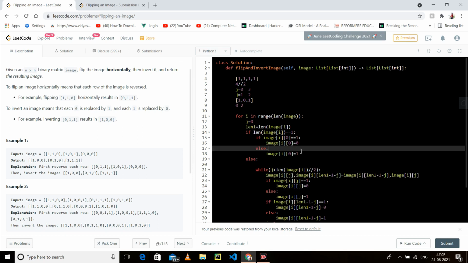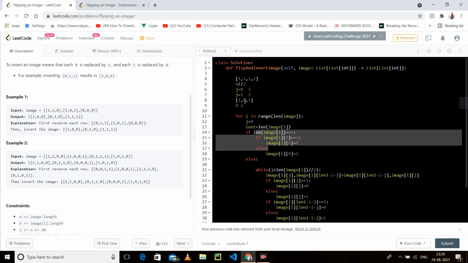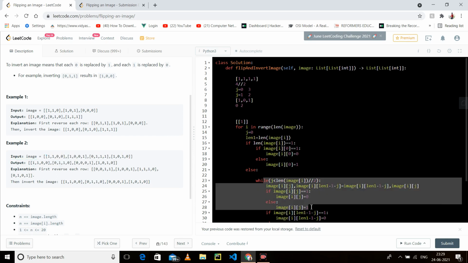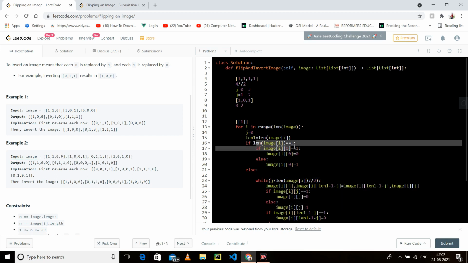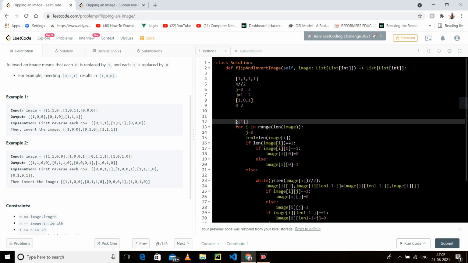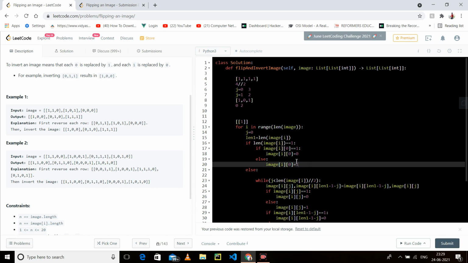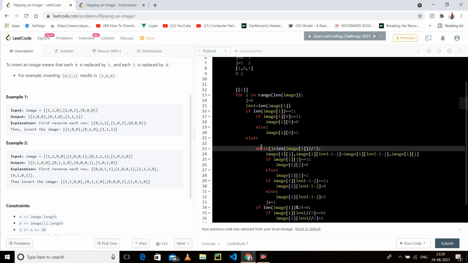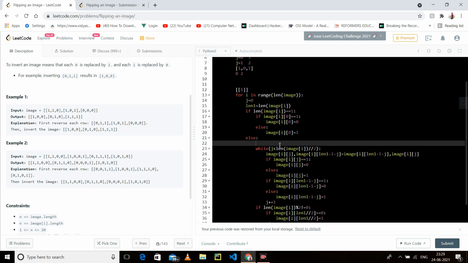So what about 1? If we have this example, 1, instead of this, this is not going to execute. So what I have done is I have just checked whether our length is 1. If it is 1, go inside it, and if it is 1, just replace it with 0. If it is 0, just replace it with 1. So you have to take care of the three things. First reverse it, second flip it.